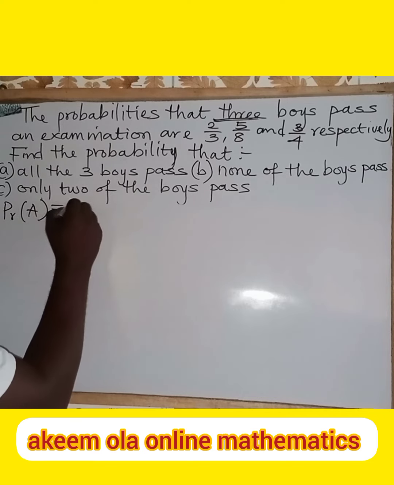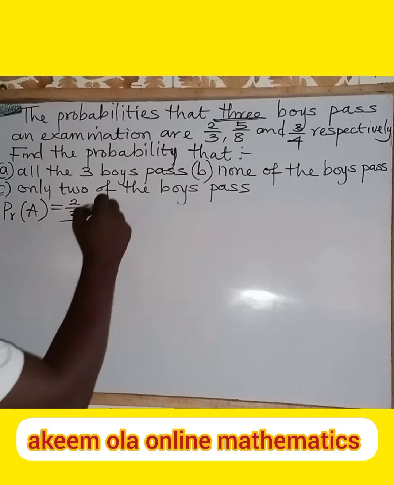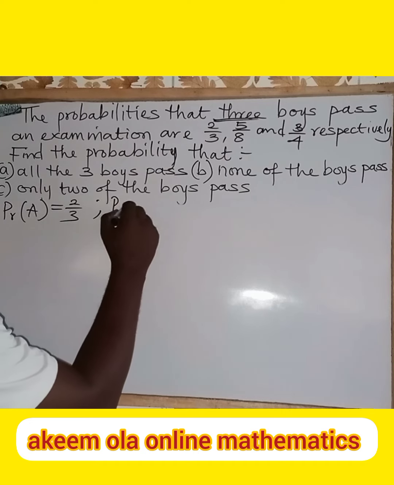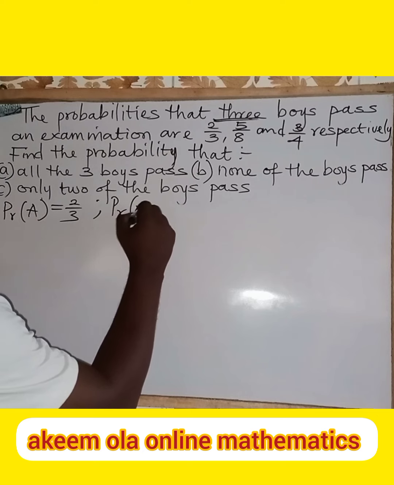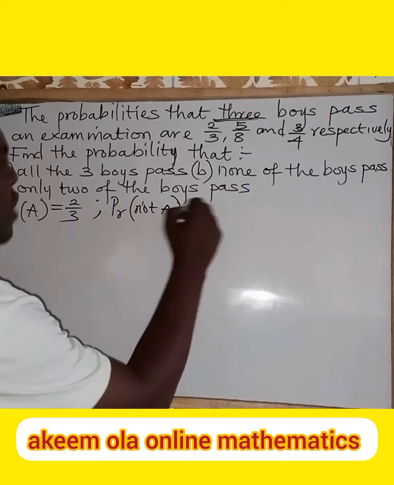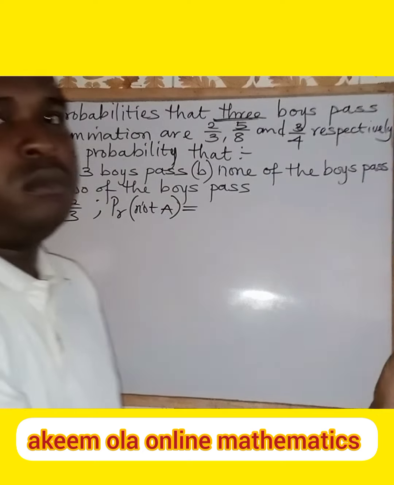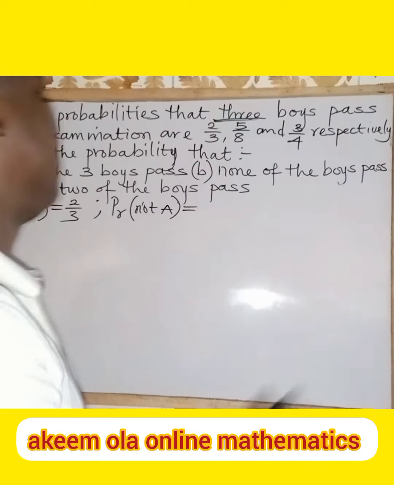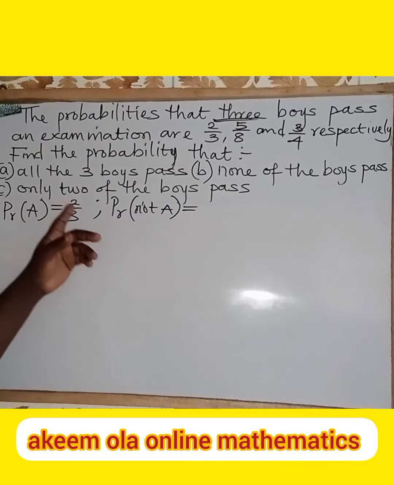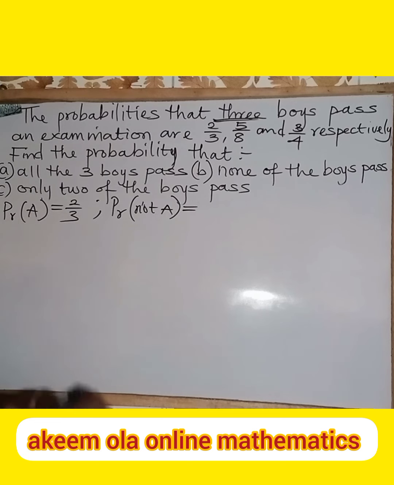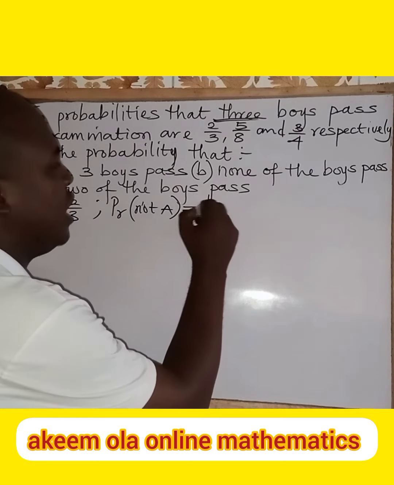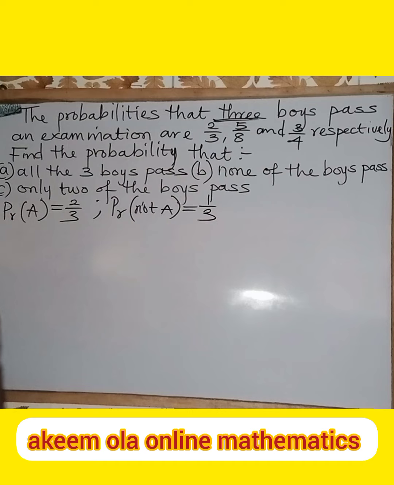Its probability is 2 all over 3. I can also have P of not A, that is, A fails the examination. Its probability will now be 1 minus 2 all over 3, and that will surely give us 1 all over 3. I have the second one,